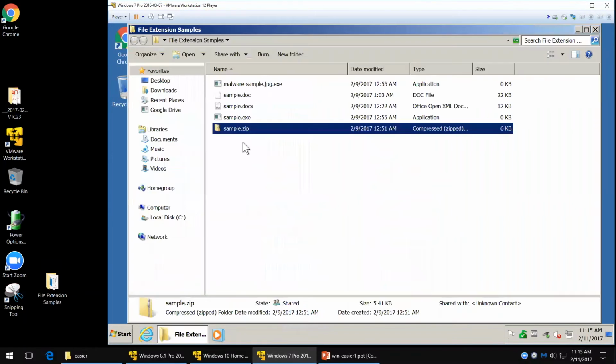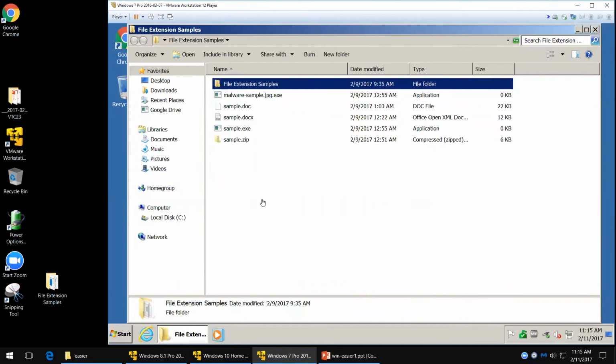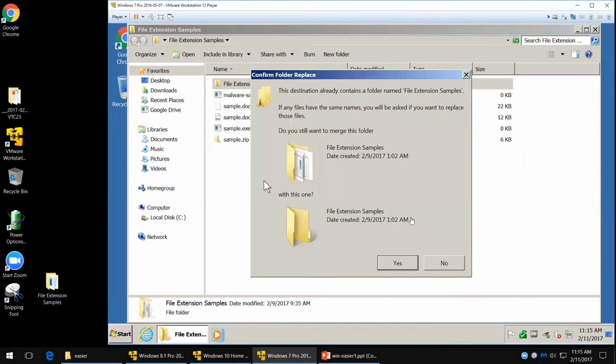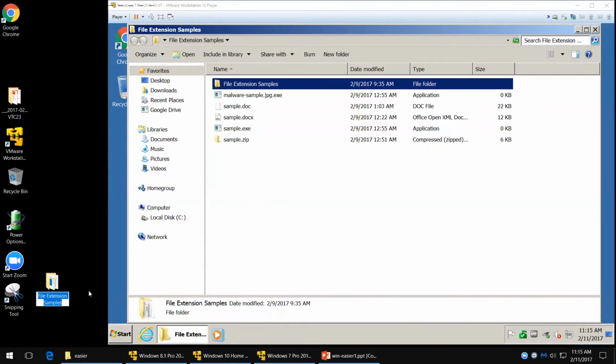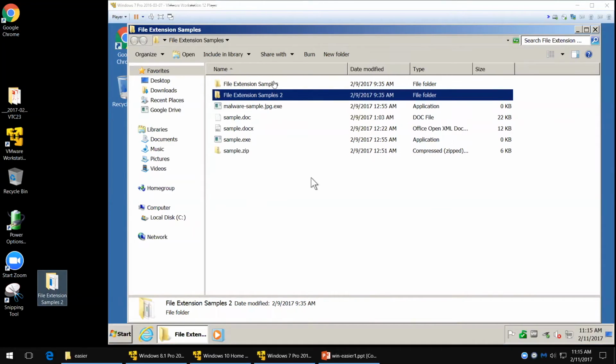Now I'm going to get folders, and I'm going to have to probably drag in a folder to make this demonstration. All right. Now, I'm going to drag in a second one just so I have more than one in there. And, no, it doesn't like it, so I'm going to have to change the name. All right, I'm going to change the name and call it Samples 2. Okay. All I'm trying to tell you, now they have samples, and I've got 2 folders and a bunch of files in my folder here, right? In this folder called,